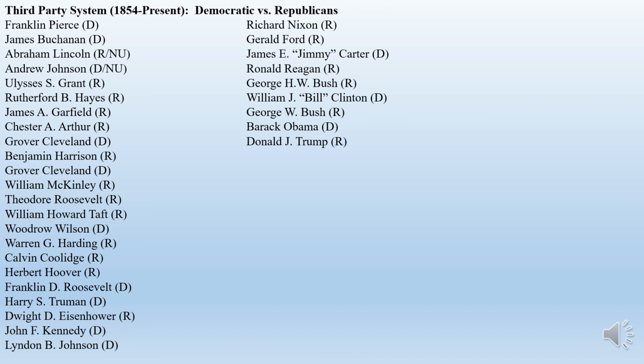We have an 8-year term for Eisenhower, followed by essentially an 8-year term for John F. Kennedy and Lyndon B. Johnson. Then we have an 8-year term for Richard Nixon and Gerald R. Ford. Then we have an anomaly. We have a 4-year term for the Democratic Jimmy Carter, 8 years for the Republican Ronald Reagan, 4 years for the Republican George H.W. Bush, and then we go to 3 8-year presidents, a Democrat, William Jefferson Clinton, or Bill Clinton,